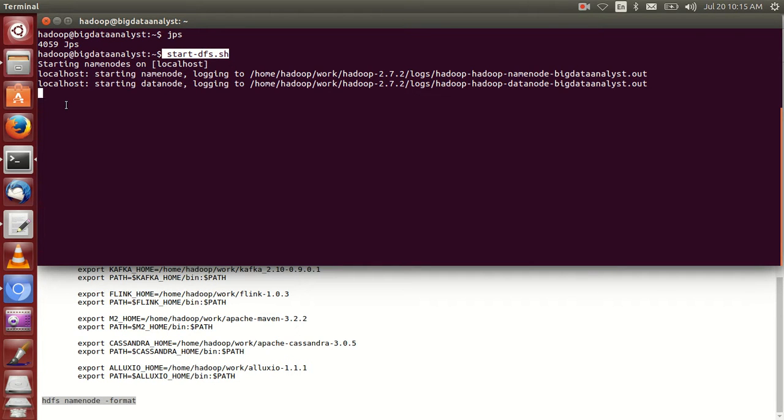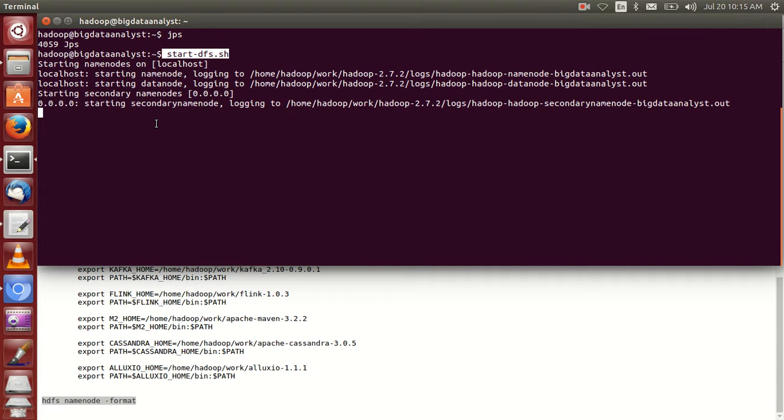Okay, and you get name node, data node, and secondary name node. And finally, start yarn. Run this command. It's taking a little time, I think.